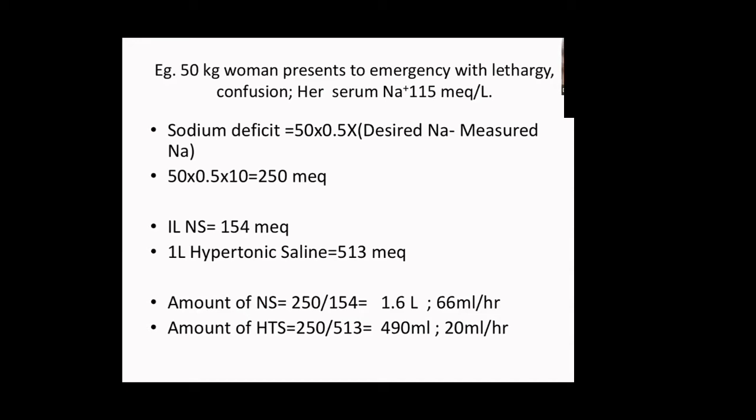Fine. Now, if it is hypovolemic hyponatremia, I know we have to replace it with NS. You know 1 liter of NS contains 154 milliequivalents. So for 250, I think I have to give around 1.5, 1.7 liters of NS. I divide it by 24, 1600 divided by 24, I get that is 66 ml per hour. So if you are giving NS also, you can calculate. In this patient, it was around 1.6 liters I have to give. So that 1.6 liters has to be given in 24 hours. 1600 divided by 24, it comes to 60 to 70 ml per hour.